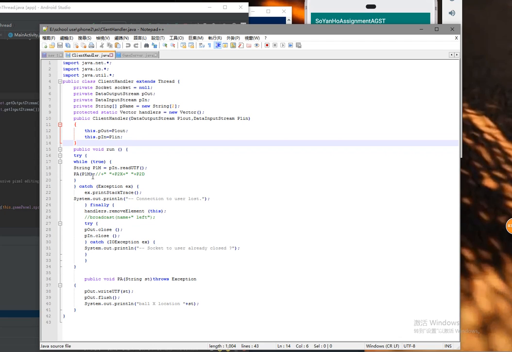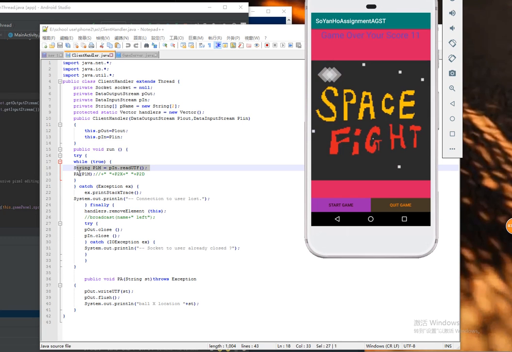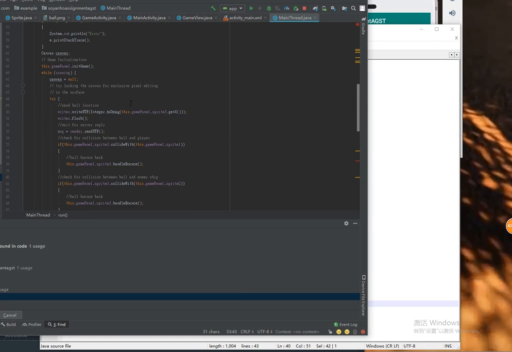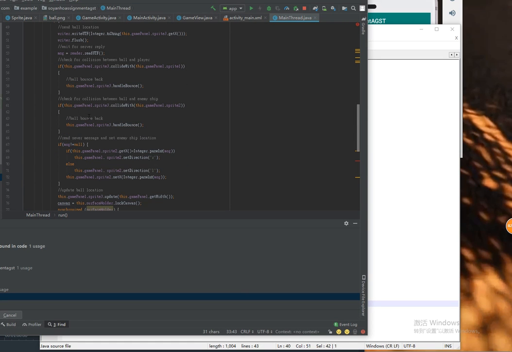Then we will get the input from our game application, and it will send back the location, flush it out, and also send the ball's location. Okay, after we send back the location,